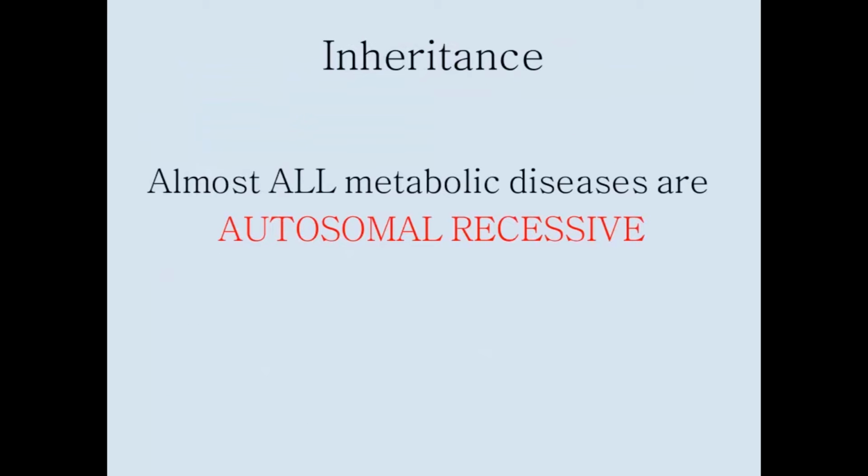Just a word about inheritance. Pretty much almost all metabolic diseases are autosomal recessive. You're probably taught in genetic counseling school and med school that if it's weird and it's rare, it's probably autosomal recessive, which is good because that means that most people live if they're a carrier of it. There are some forms of metabolic disease where they're seeing some autosomal dominant patterns. I think there's an autosomal dominant type of 3-MCC syndrome disease, but for the most part, if you're going between one choice and the other, it's autosomal recessive.